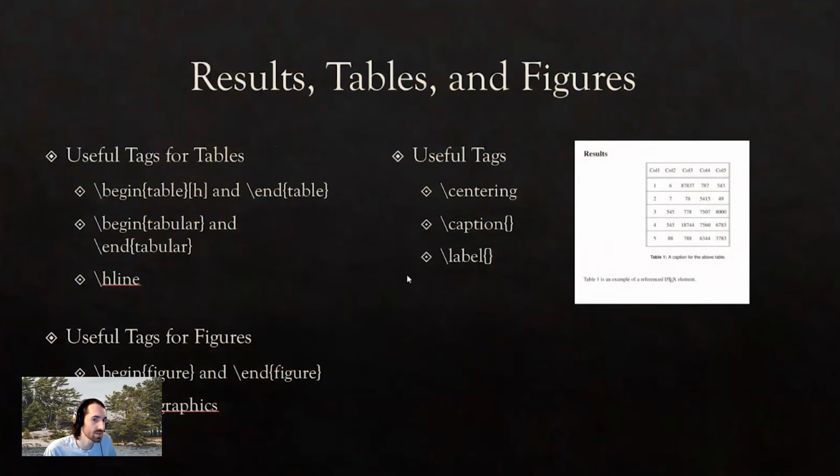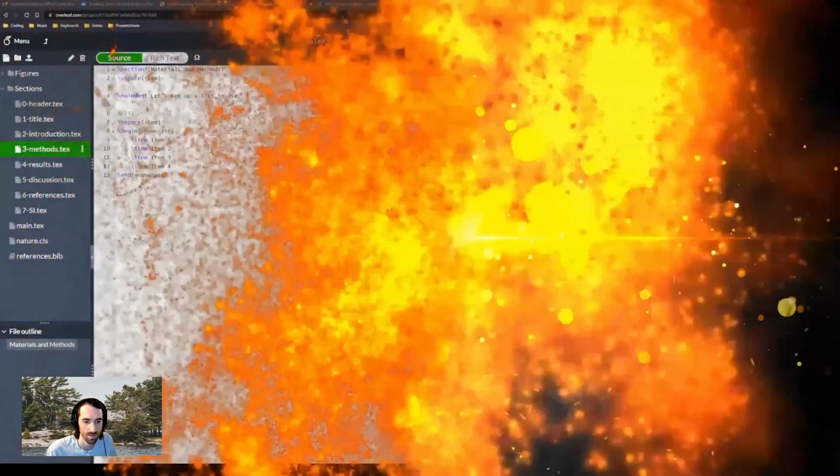So tables and figures are pretty similar. We use the \begin and \end on either a table or a figure. There's options for centering, adding captions, and labeling. Labeling is specifically so that you can call it from other places in your document pretty easily. And the last thing that's super important to know here is the square bracket H means place the table exactly where it appears in the text so it doesn't jump around on you. So if we jump back to things on the browser side,